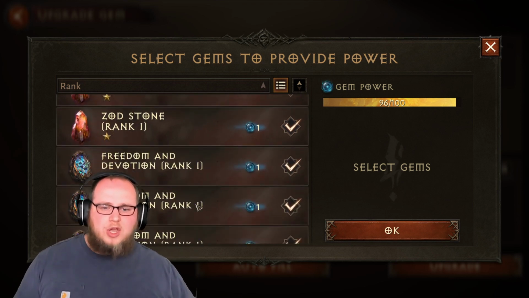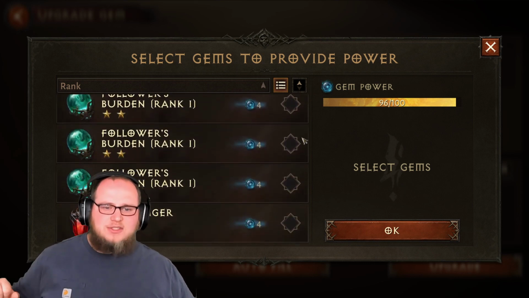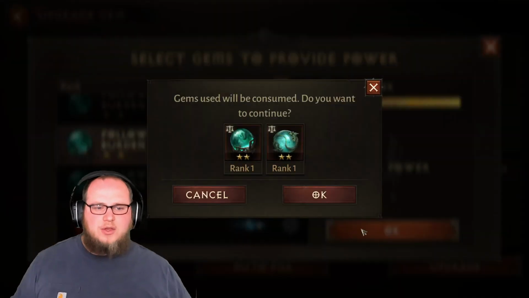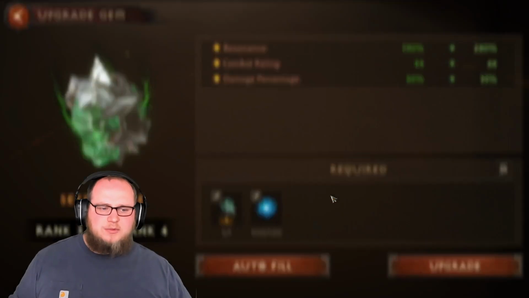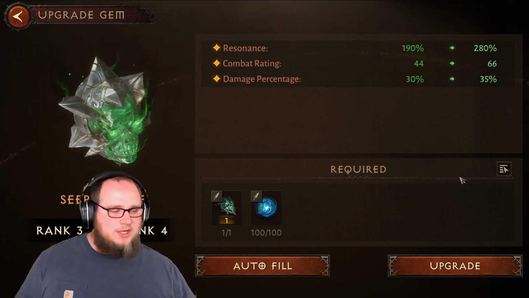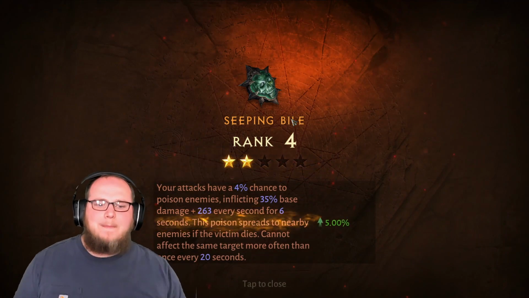So in this case, we'll go ahead and sacrifice a lot of these here, and we'll choose a different one that I know I'm not going to be using. We'll call that good here. Now you can see exactly what I'm using. We're going to hit OK. Now this will get ranked up to 4. This will give me my 22. This will also give me a little bit of a hike in my CR,